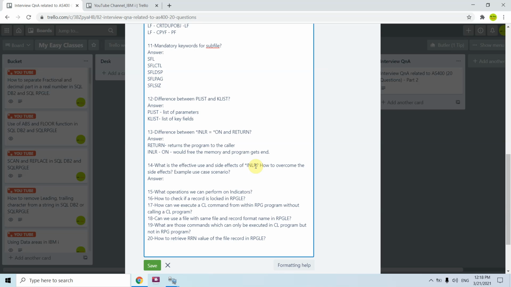So for example, if I again call that program from that caller, or if the program is called in a loop, the first time I called the program, I opened all the files, I initialized all the variables of that program, I initialized the arrays, data structures, or whatever you are using in the program, and then it returns without setting the last record indicator to on, means without freeing up the memory, without closing the files, without ending the program, without reinitializing all the variables.